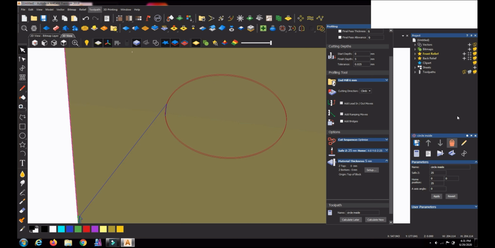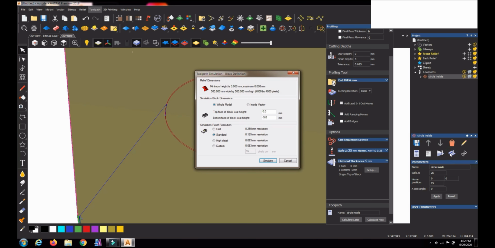the simulation for it. Okay, so for seeing the simulation, if you click it here, you can see the toolpath you created now, that is the circle inside toolpath. If you want to see the simulation, you can go to the simulation control bar, or simulation toolpath. You can use both these things. So it will be this one directly. I'm just clicking it first for you.